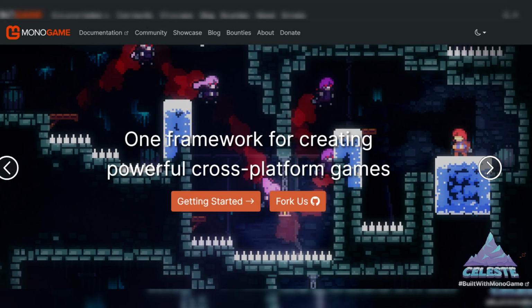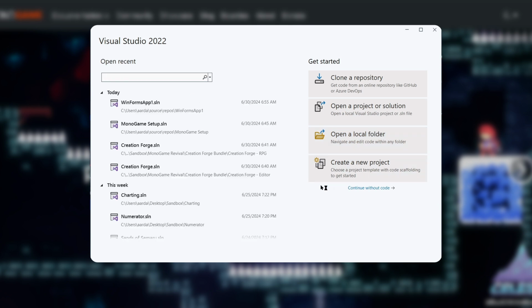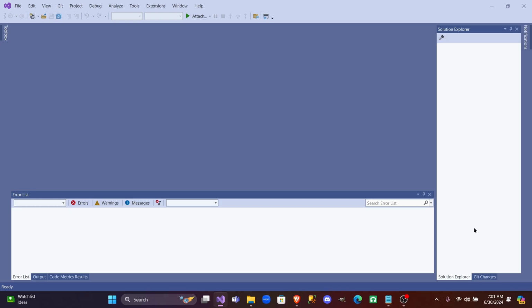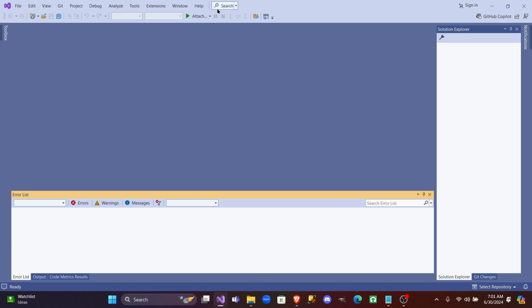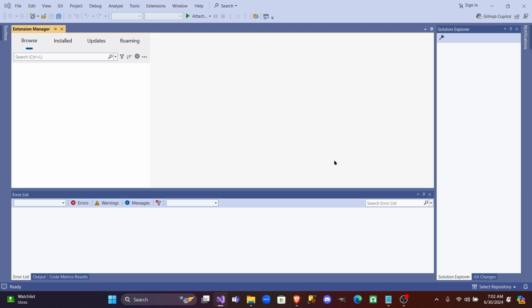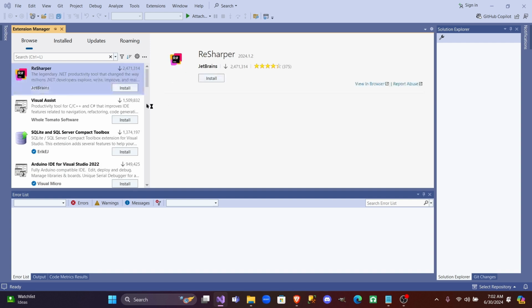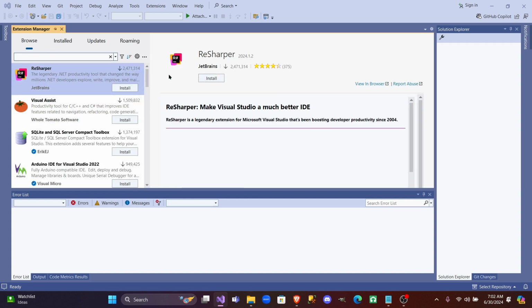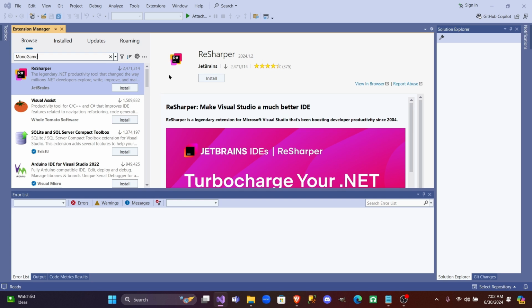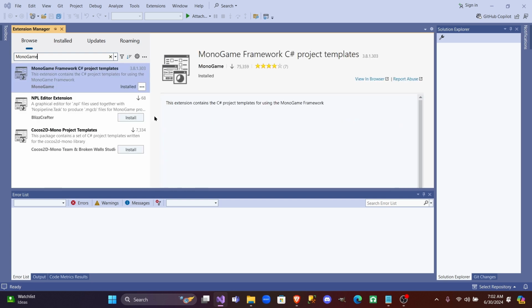So I'm going to go ahead and open up Visual Studio. Make sure that you have the latest edition installed and it's all up to date. I'm just going to go ahead and continue without code for this first run. And we need to make sure that we install the MonoGame extensions. So we're going to browse for MonoGame. And here's what you want. You want to get these